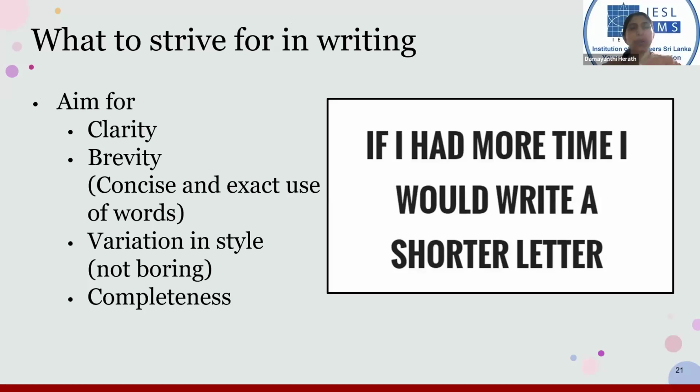So a good thing to strive for when aiming for a publication, when writing a manuscript, is clarity, brevity, variation in style, and completeness. I'll quickly move on to the venues where we can publish. We looked at the types of publications we can consider to publish our work in. Oftentimes, it's a good idea to look at